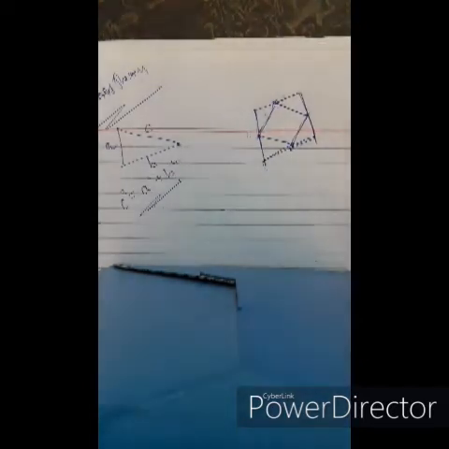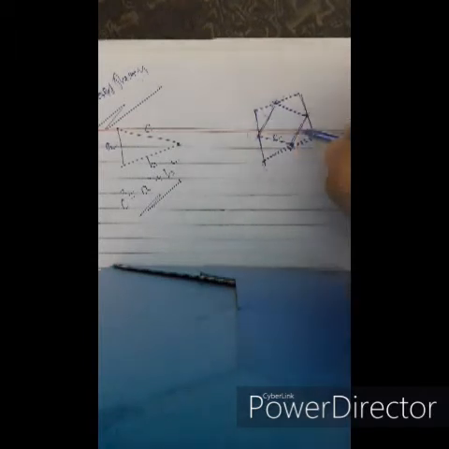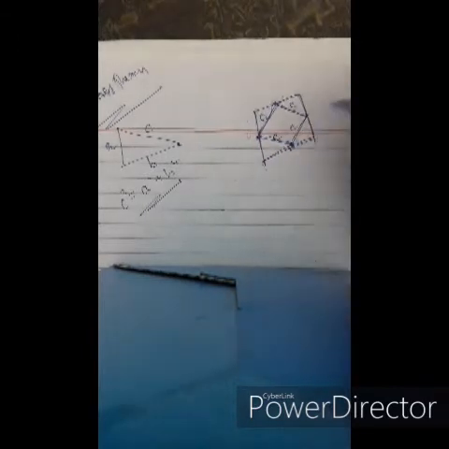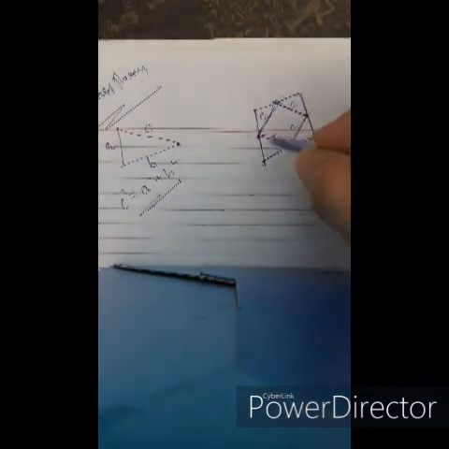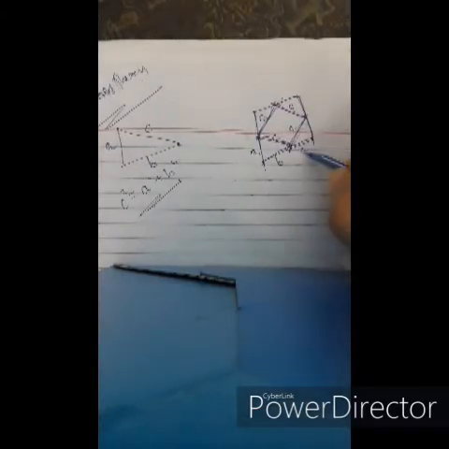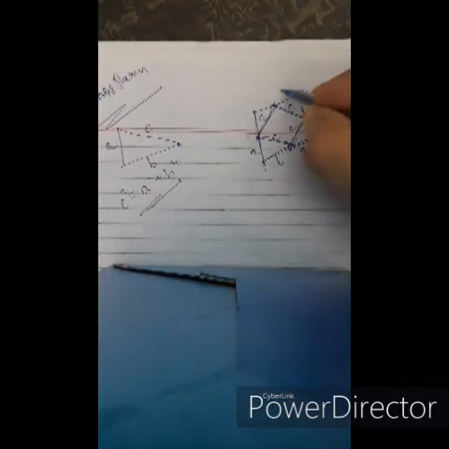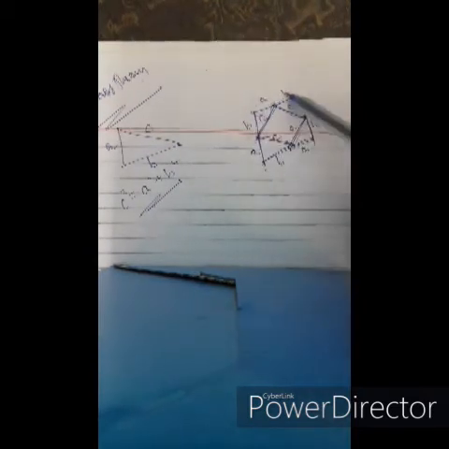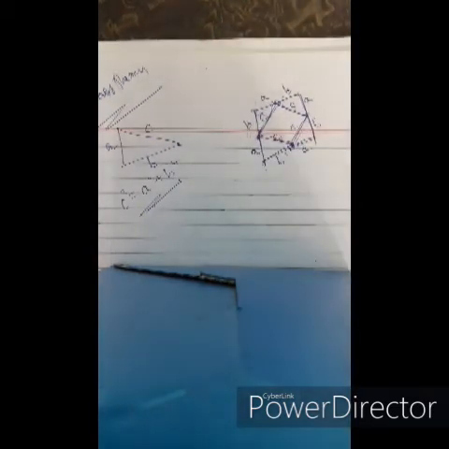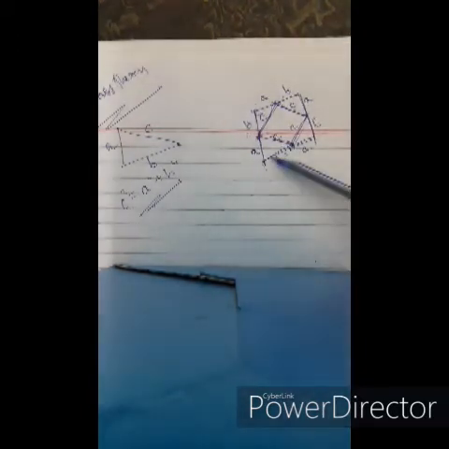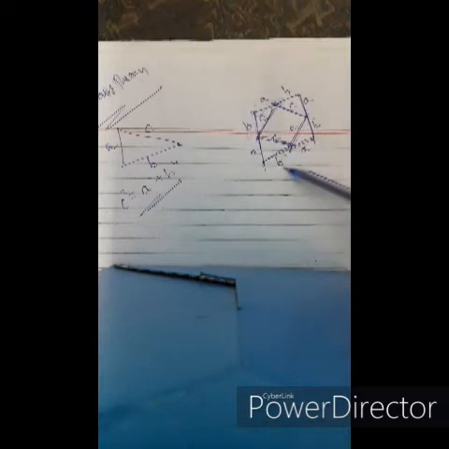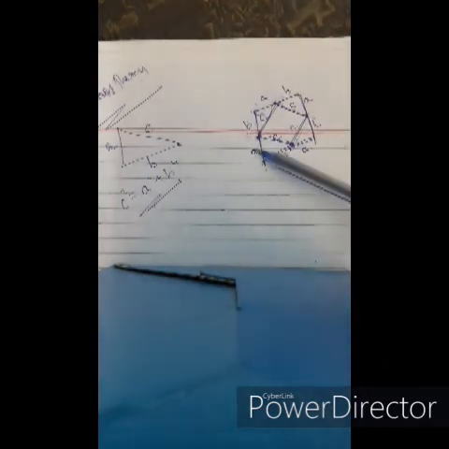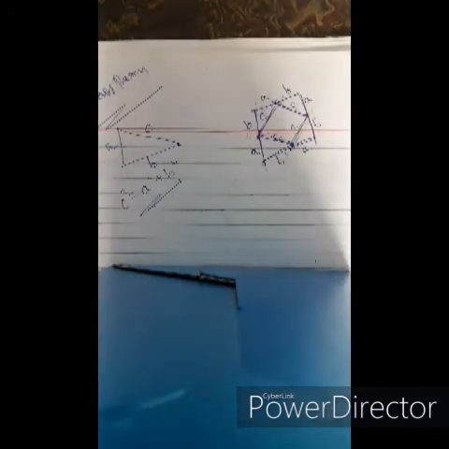We'll take it in such a format that the inner square has all the sides C. These four sides are C, that is the hypotenuse of the triangles, and these sides are A, B, A, B, A, B, A, B. Arrange it in such a format that each side of the outer square has A and B of the simultaneous triangles both, and the inner square comprises the hypotenuse only of the triangles.